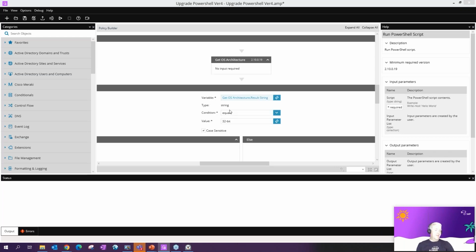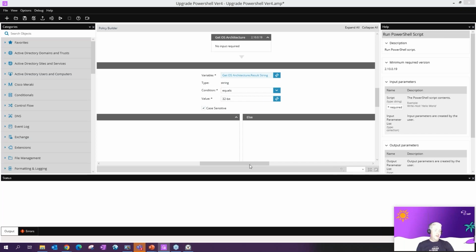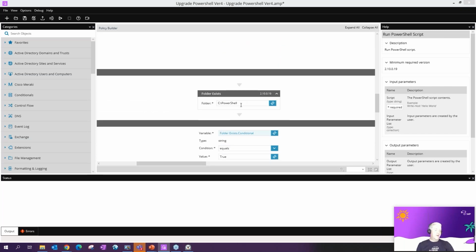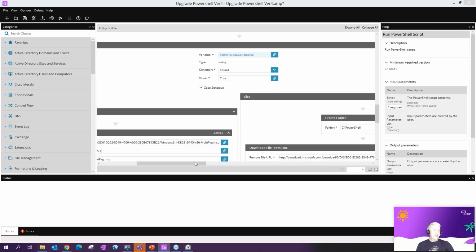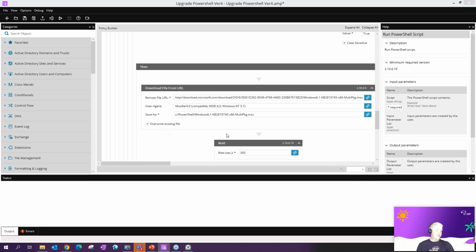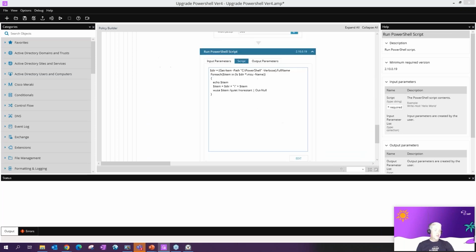Once we got the architecture version, we needed to check whether a folder exists or create a new folder. Then we downloaded the relevant installer for the Windows version and the architecture version, and created a little PowerShell script that pushed it out. By doing this, we were able to build a policy that we could run through N-central over the course of a weekend to automatically update 1,000 machines from PowerShell version 2 to PowerShell version 4 at the time.